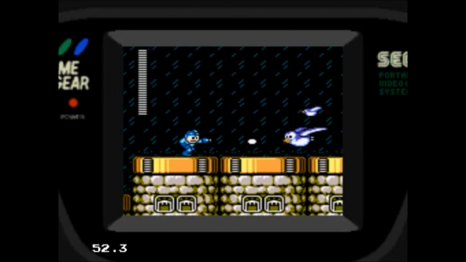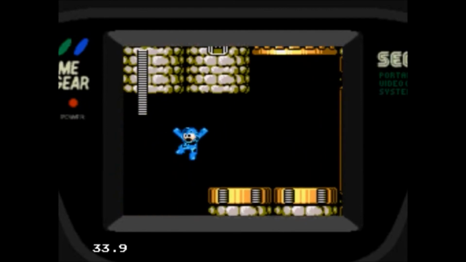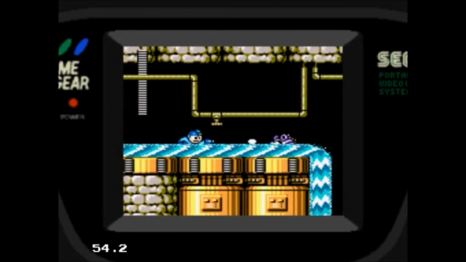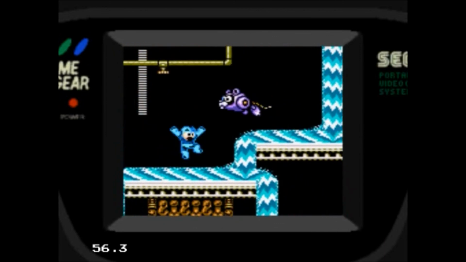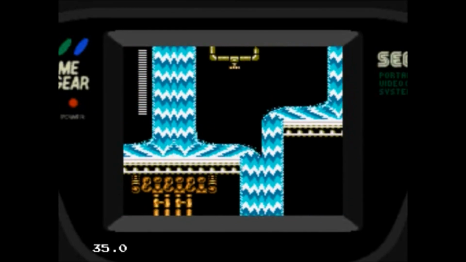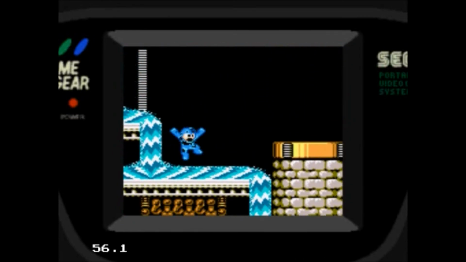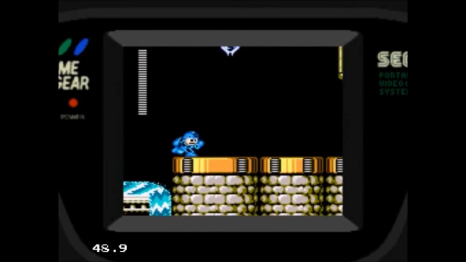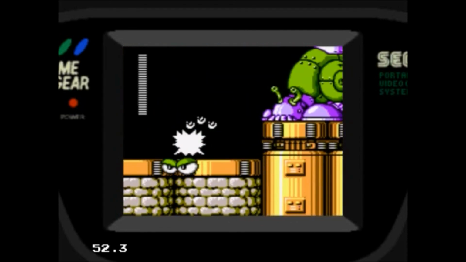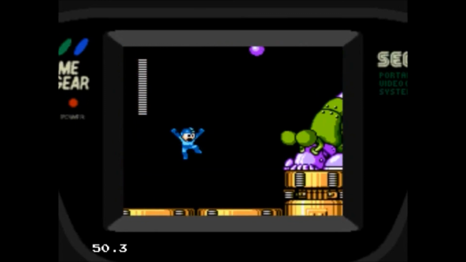I just realized the Mega Buster doesn't like to go through something, even if it kills whatever I shot at there. Now, normally Toadman's level doesn't give me much of a problem, but for some reason, this version makes me really nervous. There's Escaroo. Whoa, I'm not expecting you to... Stop throwing your eyes at me and...